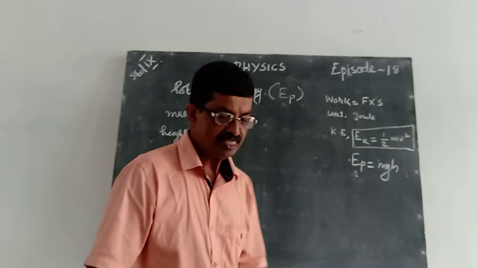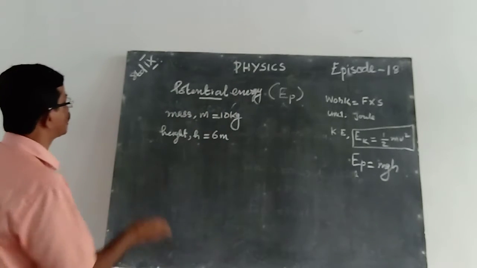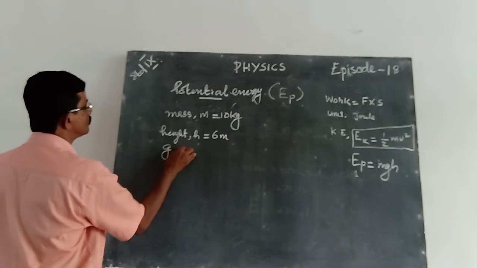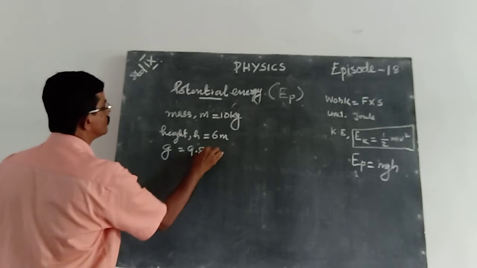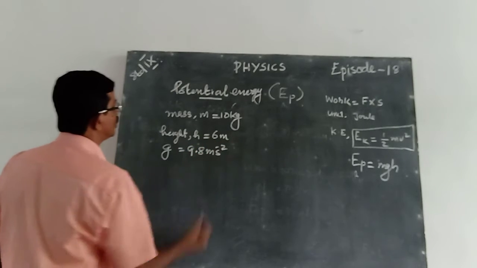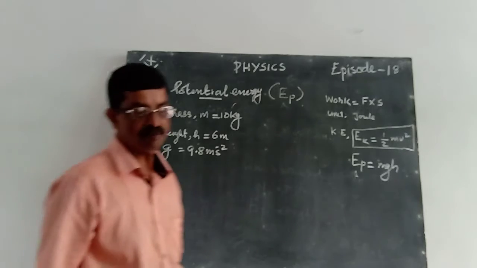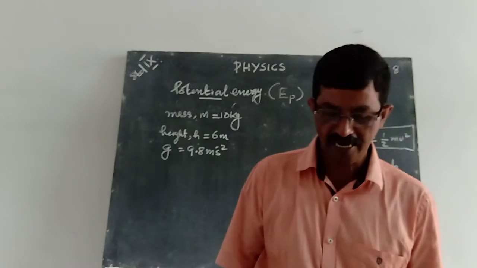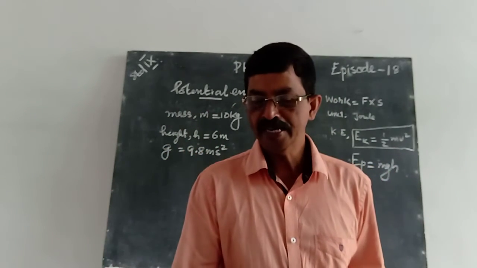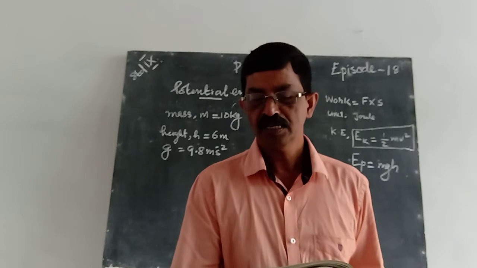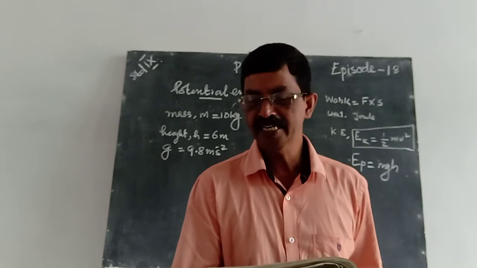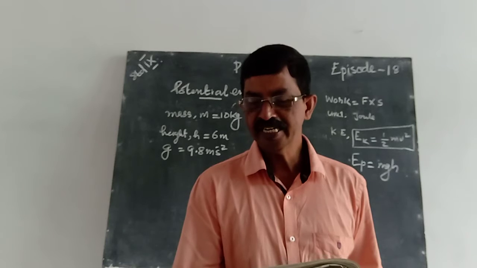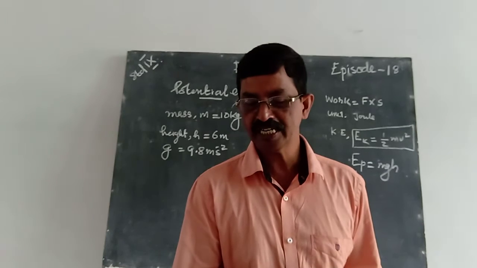Then given g is equal to 9.8 meter per second square. What do you want to calculate? Find the energy possessed by an object of mass 10 kg when it is at a height of 6 meter